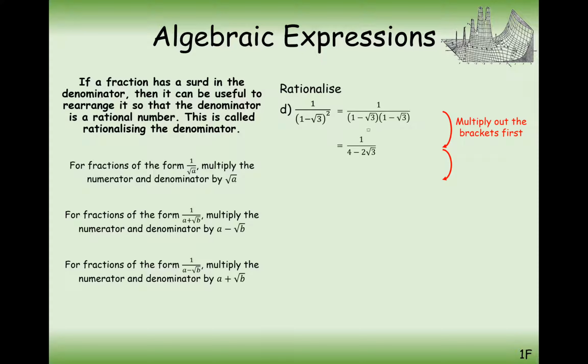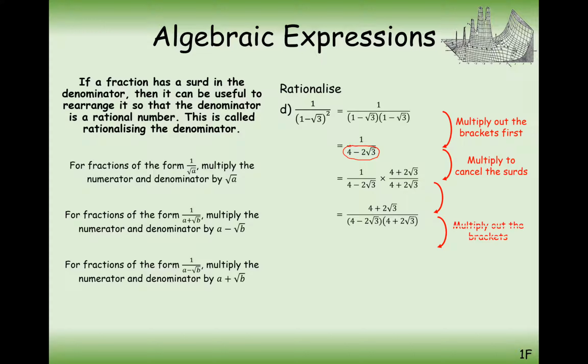So expand your brackets and you're going to get 4 minus 2 root 3 here, and now look to rationalise the denominator. So times the top and the bottom by, take this expression, change the sign to a positive, and then on the top, times it on the top and the bottom. So multiplying these as you would with 2 brackets, and the top times the top, simplifying out your brackets,